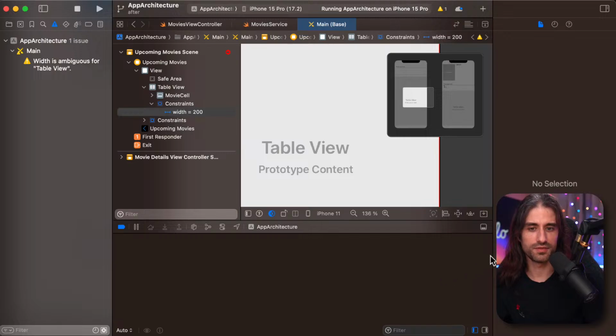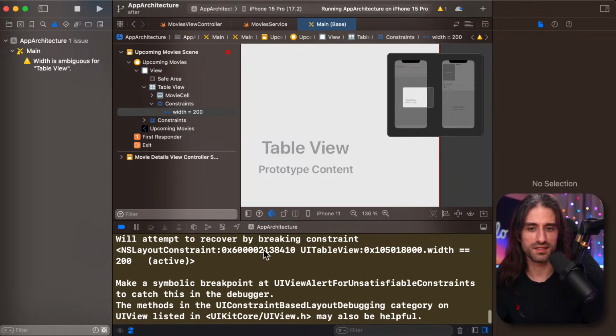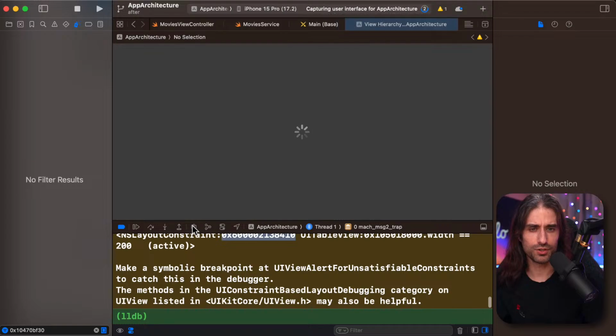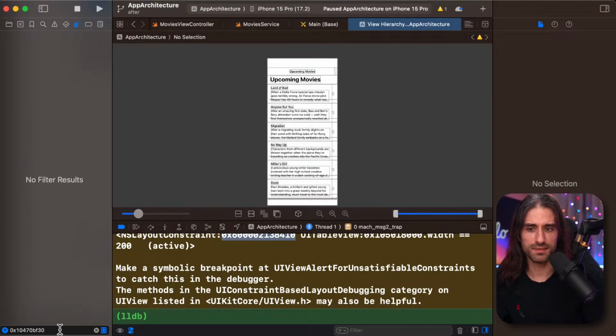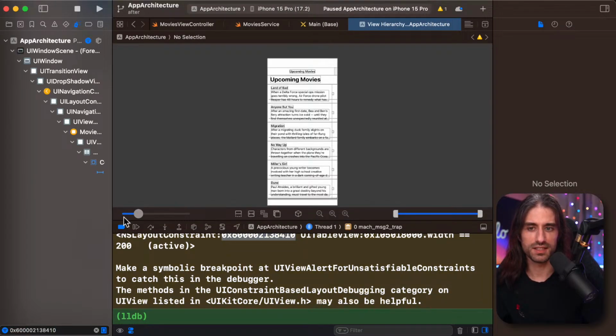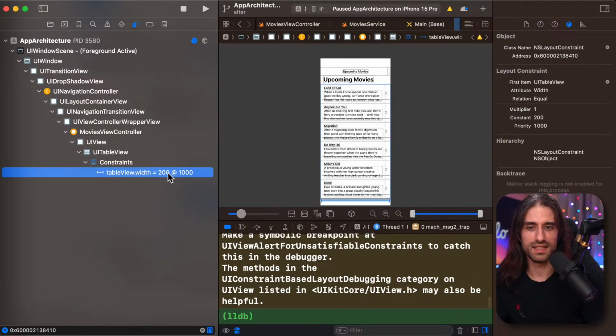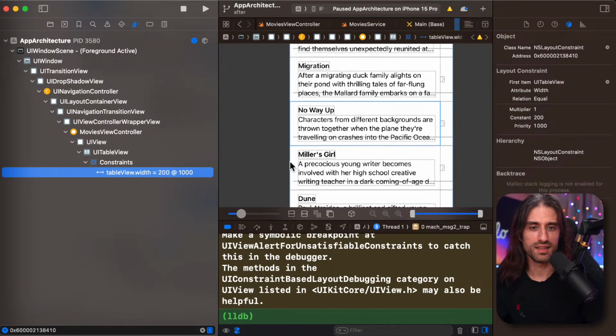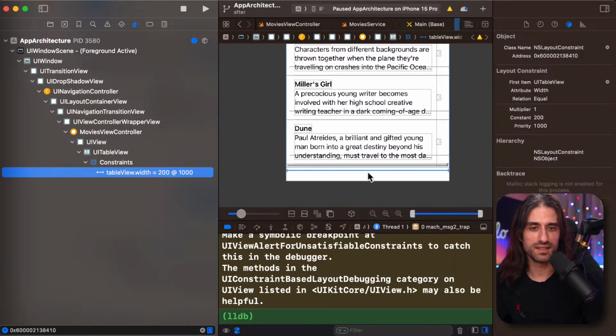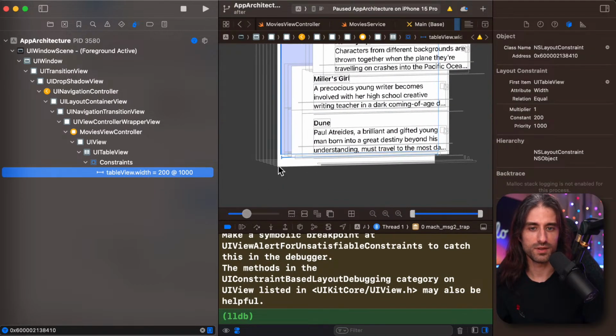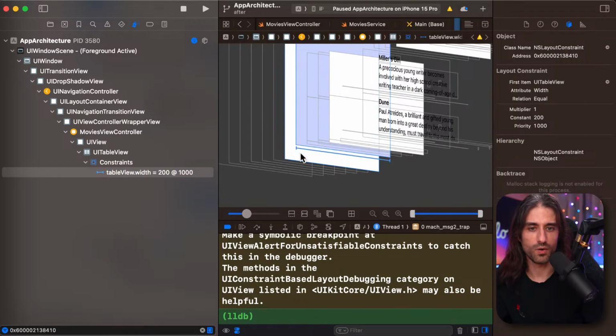So now I should see something in the debug that says this constraint will be broken because it's the wrong constraint. So I copy its memory address, I capture the view hierarchy, and then I paste here, and you can see it identified the constraint. And what's important, let me zoom in, is that when I select it, you can see it being selected right here.